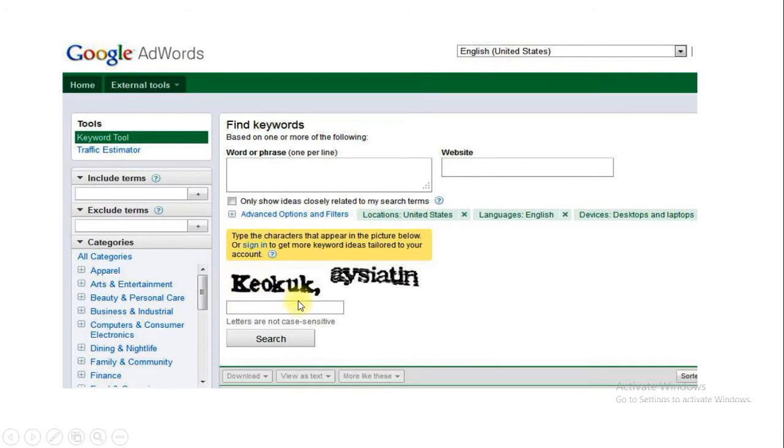Over here you have a captcha code and you can click on search. When you click on search, you can download that file, you can open that file as a notepad file, and you have more options regarding the file. Over here you also have advanced search options which you can select by clicking on a plus sign.